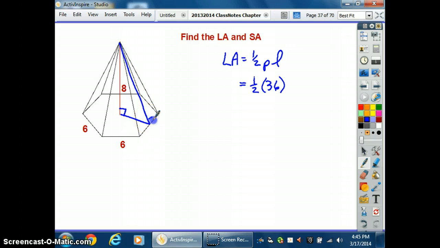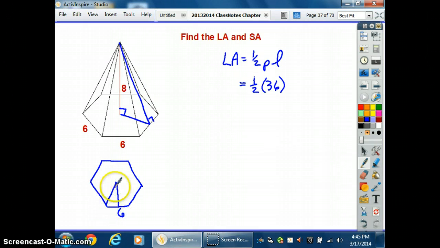This is a right angle. This distance from the center out to the edge, oh dear, we're going to have to use our 30-60-90 triangle. Let's sketch a hexagon and get a view of this. If this side is 6, and I need to find this distance here, which is the apothem,